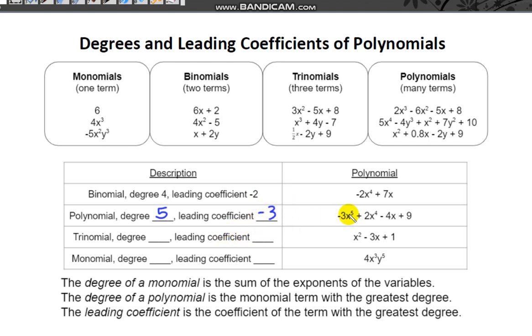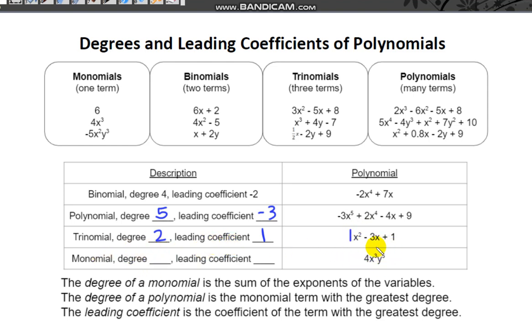Okay. Trinomial. This is a trinomial because there are three terms here. The degree is going to be, if you look at the term with the highest exponent, 2. Leading coefficient, this one's a little tricky. There's an invisible 1 in front here. Okay, so this means the leading coefficient is going to be 1. You just leave that there. That's 1x squared. Okay,